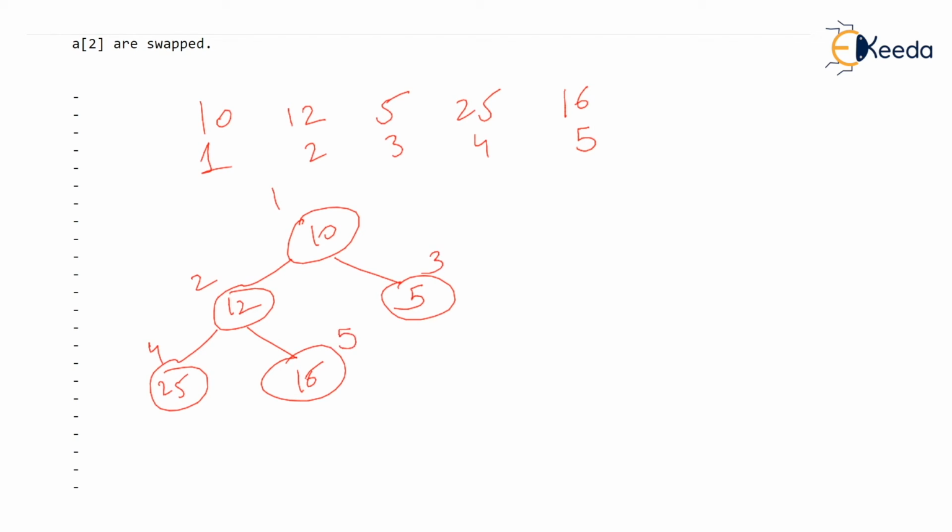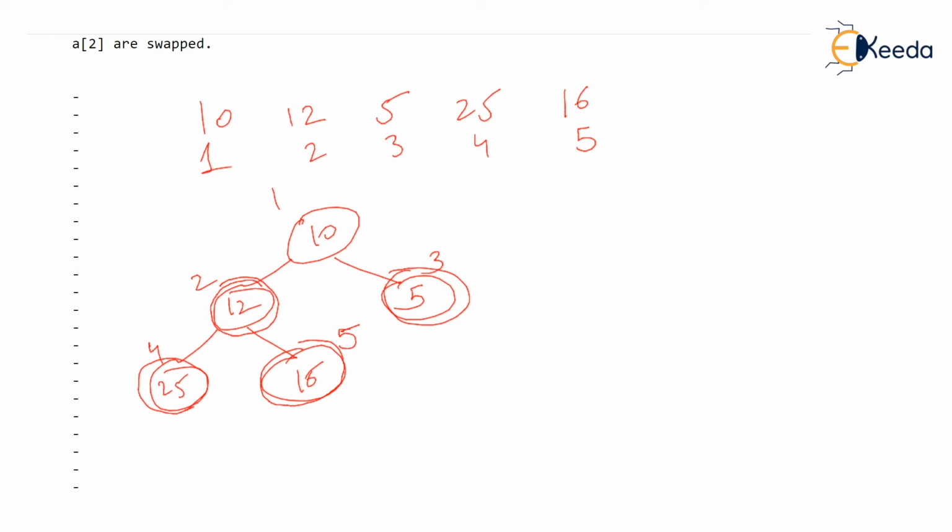Now just number these nodes from left to right. Now you just check for max heap, you want every parent to be greater than their children. Now where is the last parent located? Come on, the last parent is at the second node, isn't it? After this, the third node is not a parent of any child. Watch, the fourth node is not having any child and the fifth node is not having any child. So the last parent is at node number 2.